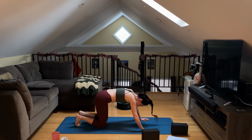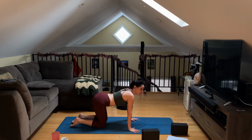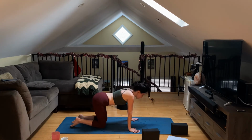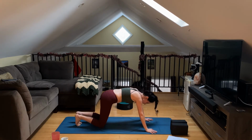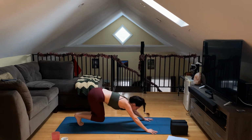Let's drop the knees down to your mat. Come to your tabletop position and then inhale, drop your belly, look up. Exhale, press the mat away to your cat pose. Inhale, drop the belly, look up. Exhale to your cat. Come back to your tabletop, walk the hands out, lift the hips up. Downward facing dog. It's time to lift the heels, bend the knees, look to your hands, make your way to